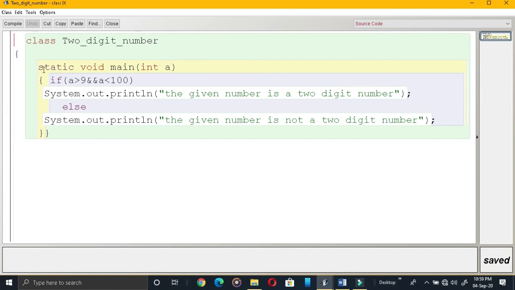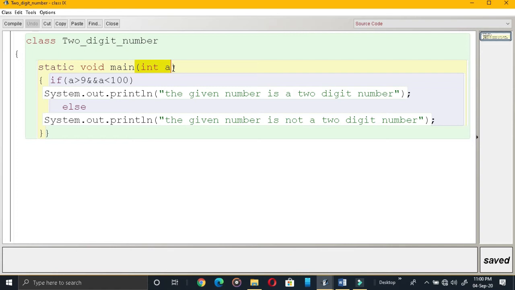Static void main. This is the input. How many inputs you need? Only one input, because you are entering a number and checking whether it is a 2-digit number or not. You are knowing numbers ranging from 10 to 99 are 2-digit numbers.